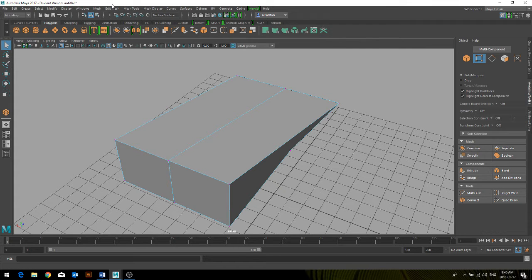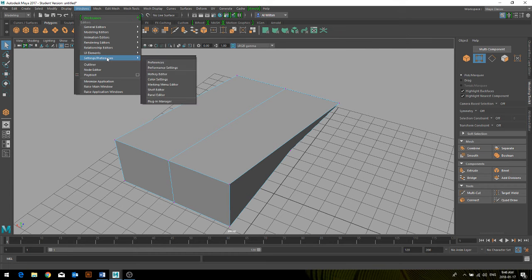At the same time, you have a brush size and a brush strength defined for any tool that you're using. So if you go under your window up here, there is settings and preferences, and there is your